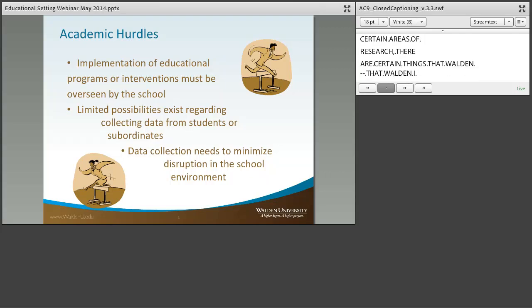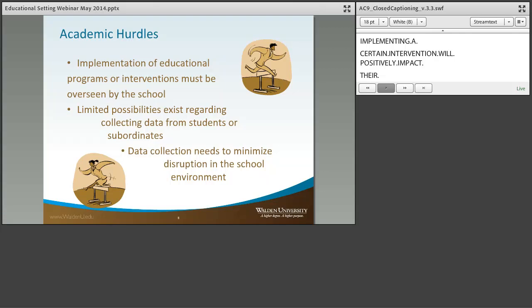There are certainly other options available, but it is important for students to be aware of these things so that they can prepare for that while they're working on their proposal rather than right at the IRB stage. And so the first major issue is often students want to know if one curriculum is better than another, or if implementing a certain intervention will positively impact their achievement or their behavior in school, or anything of that nature.